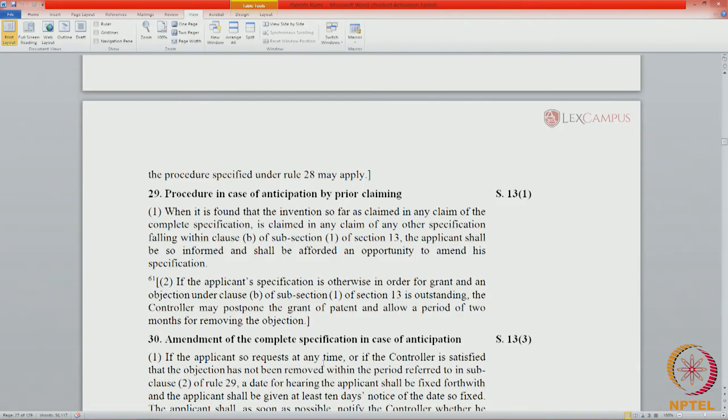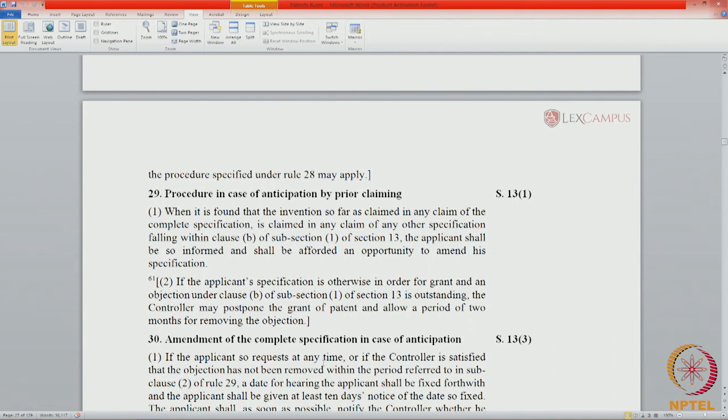What is claimed in the applicant's specification has been claimed in another specification, that is all. It is a case of prior claiming. So, the applicant shall be informed and shall be afforded an opportunity to amend. Just two things here: inform the applicant that there is a prior claim and give him an opportunity to amend.